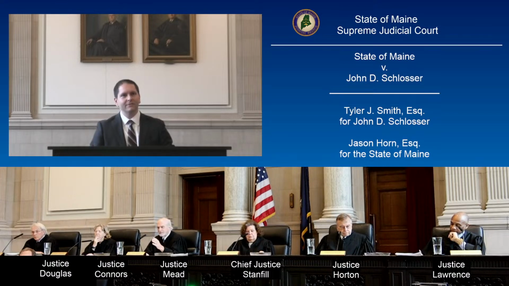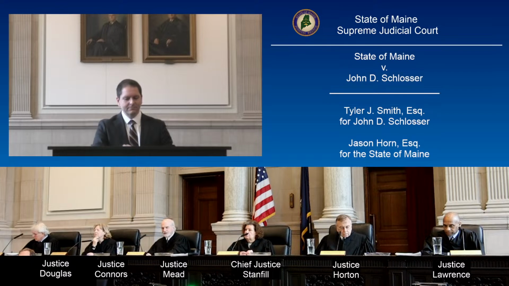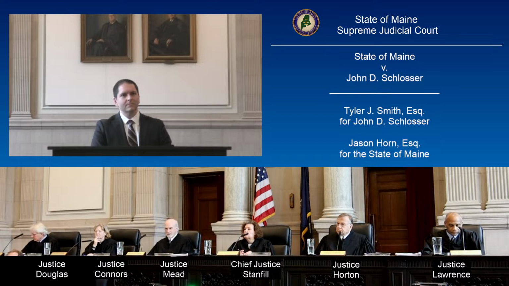Really three different possible approaches to this. The first is using the statutory definition. The second would be as delimited by the charging instrument, like by the indictment, as to what the scope is. And then the third would be the actual evidence produced at trial as to which of the subsections applies.